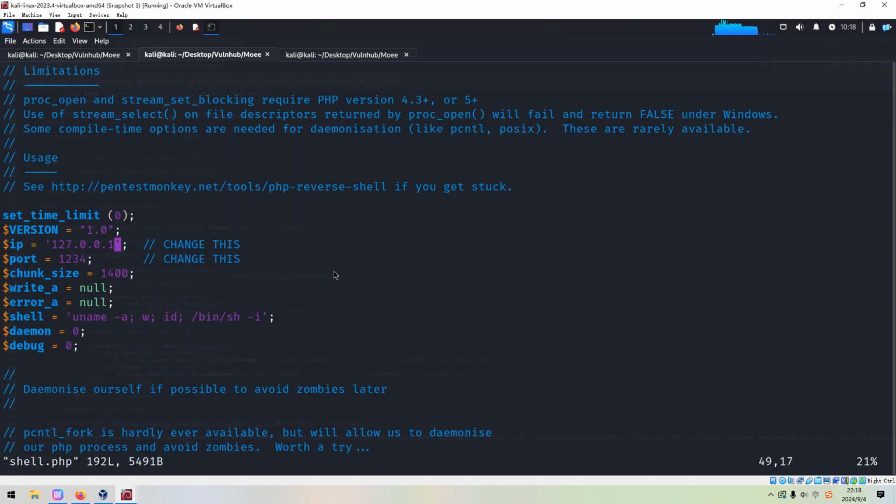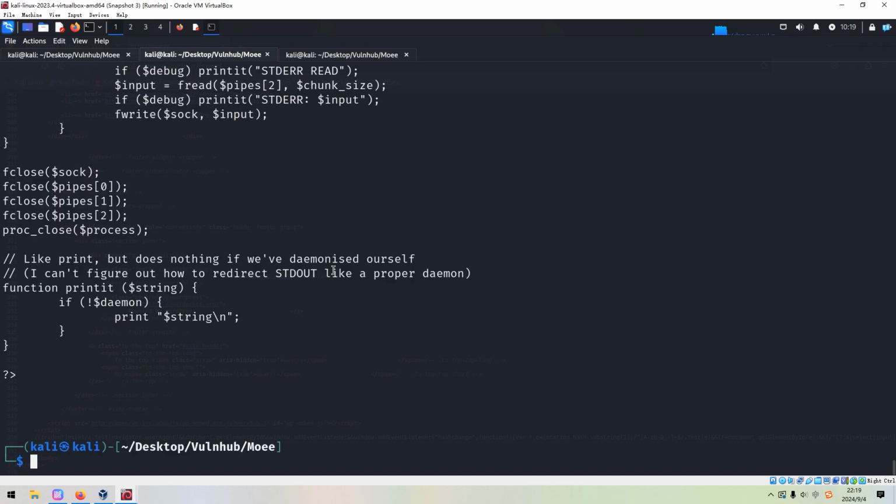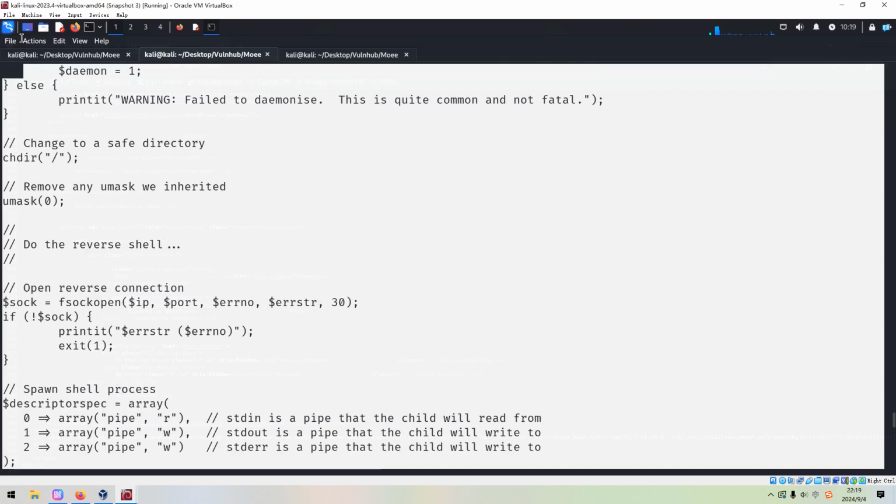The IP address should be set to Kali Linux, and we also need to change the port number to my favorite port number. Okay, and next we can cut out the entire code of this file.